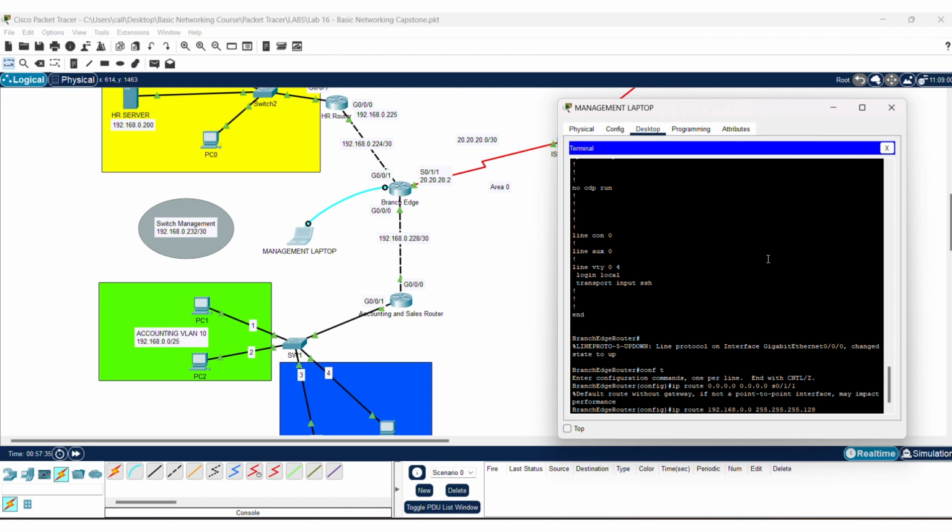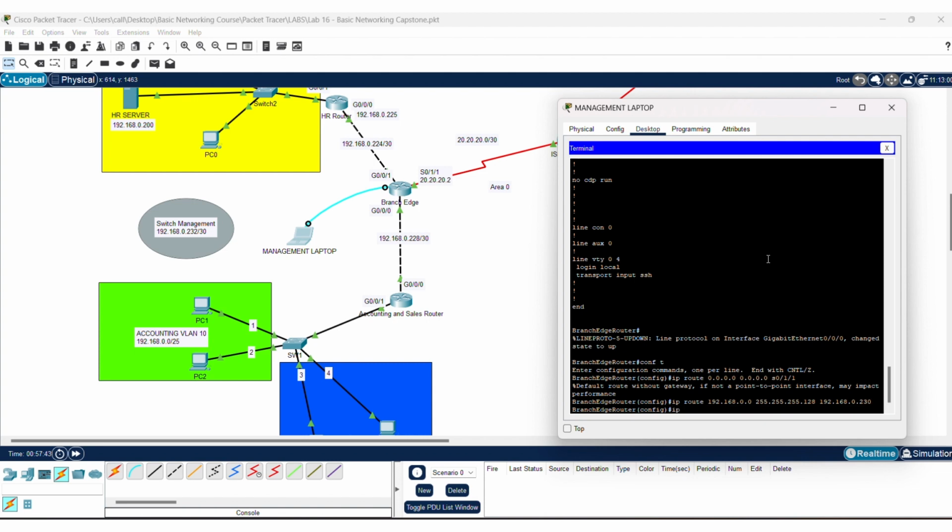So we'll go ahead and send that down to the accounting and sales router interface IP, which is 192.168.0.230. We'll add another route down to the sales VLAN of IP route 192.168.0.192, or sorry, 128 is that network, with 255.255.255.192. And we'll send that the same way to that next interface,